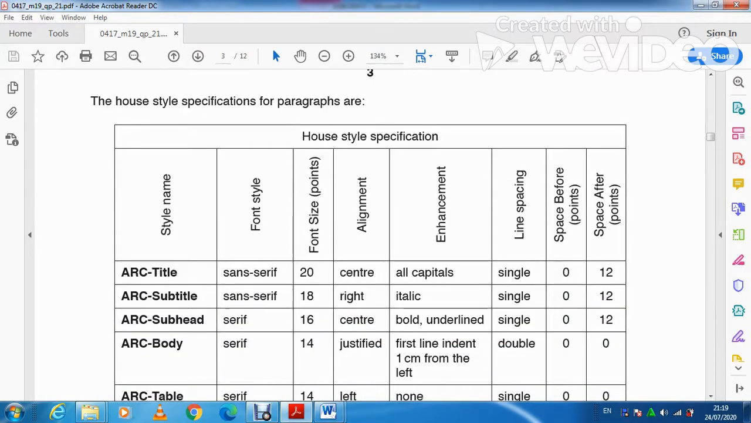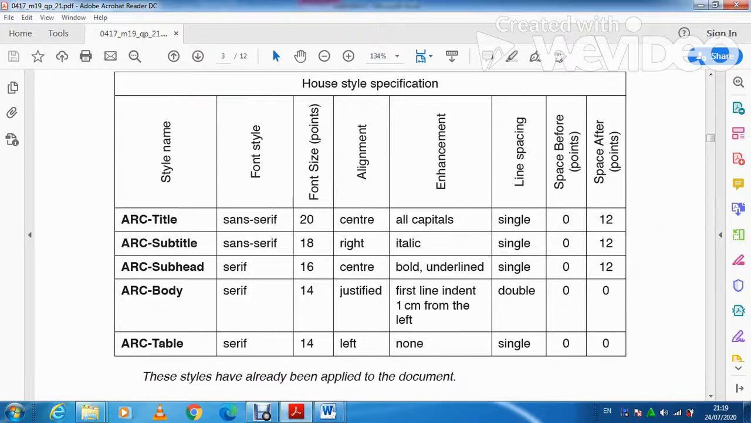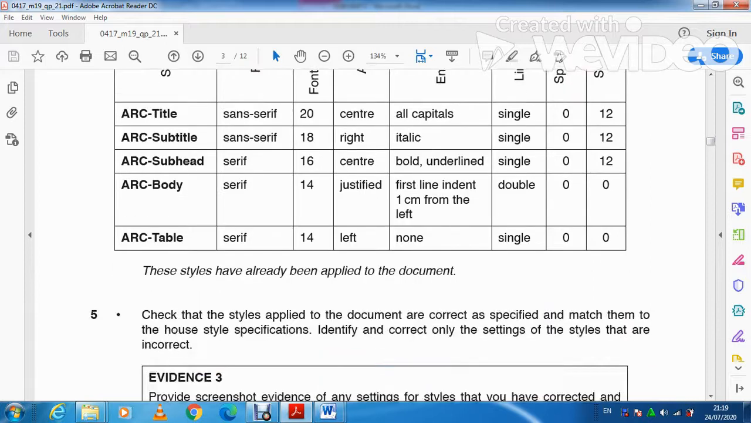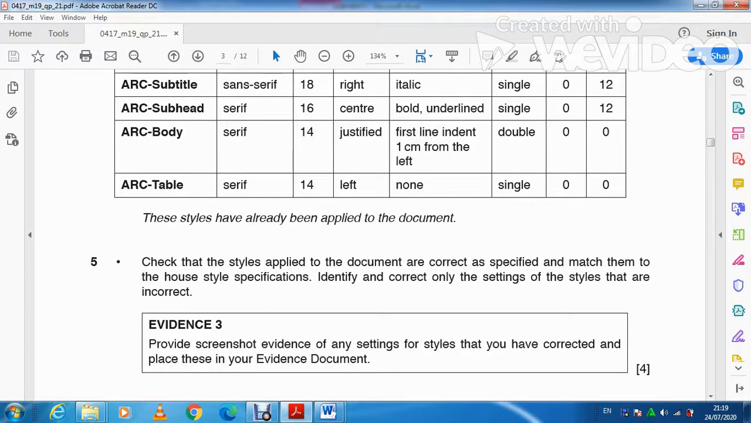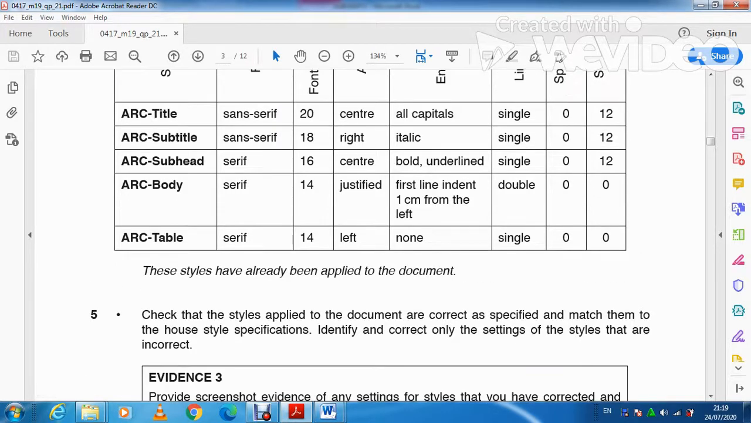The house style specifications for paragraphs are, these are the house style specifications. These styles have already been applied to the document, so they are created and applied as well. What we need to do is check that the styles applied to the document are correct as specified, and match them to the house style specification. Identify and correct only the settings for the styles that are incorrect, and then for those which are corrected you just paste the evidence of them. So let me start with the